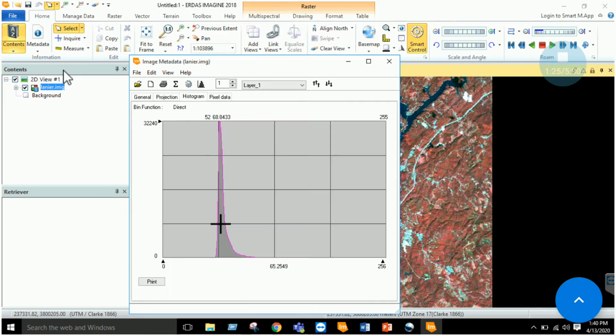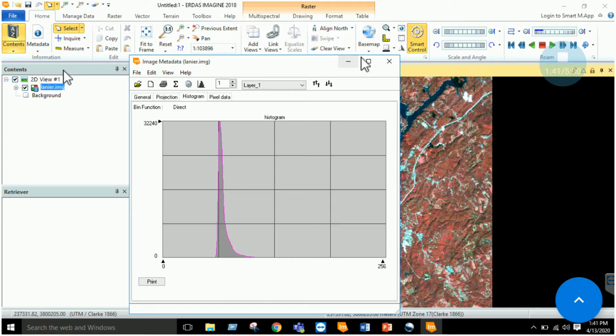Now let's see what this histogram actually means, right? On the x-axis you have values from 0 to 256, and on the y-axis you have the histogram, or the number of occurrences of each value.